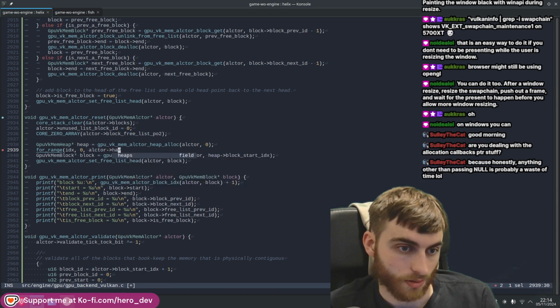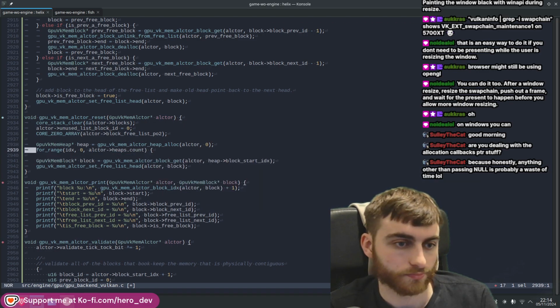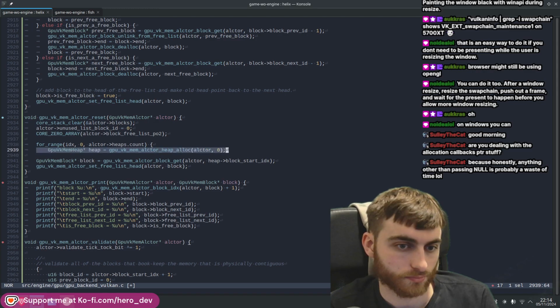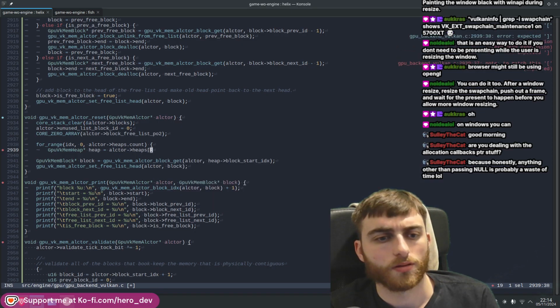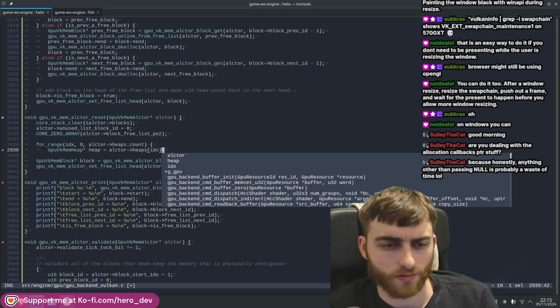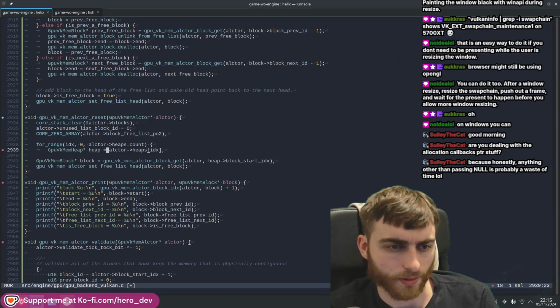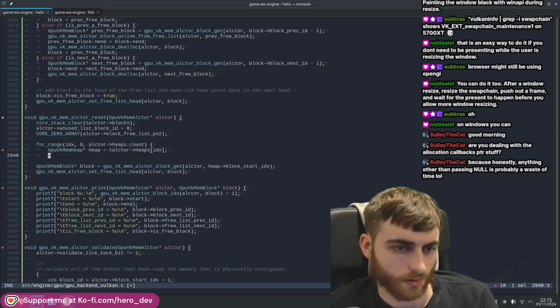Allocator heaps count. Something like that. I do have a function for it, but that was easier. And